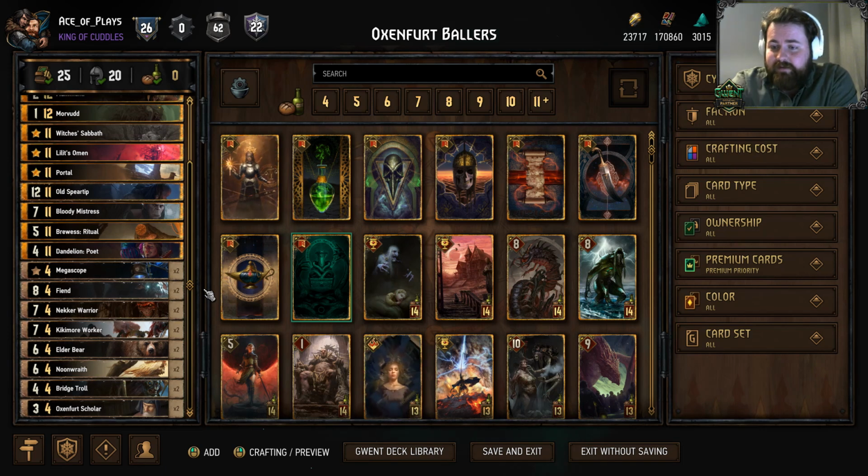And I think I made my point. The deck is shit, but it's really funny. It is fun to play. Like, it has some crazy power plays. The 12-point Oxenfurt Ballers are so satisfying to pull, and with the right sequencing, you can dish out some power. It's just obviously we have no control, and